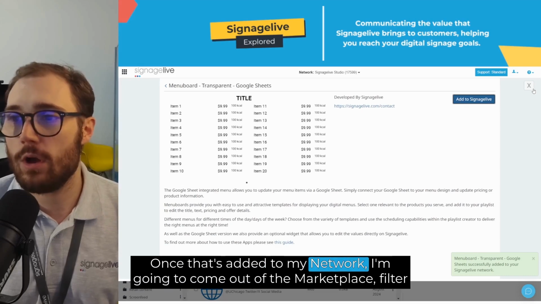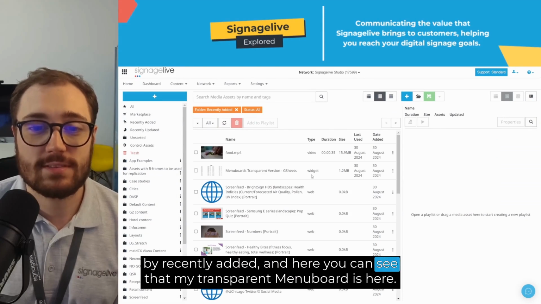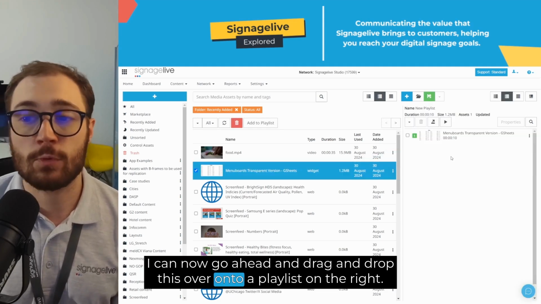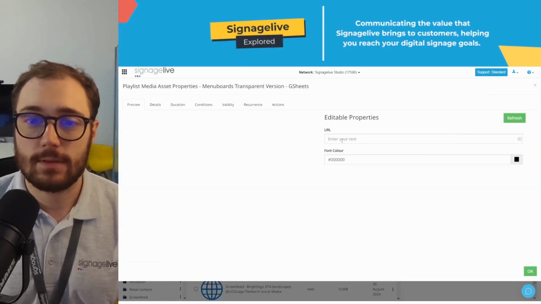Once that's added to my network, I'm going to come out of the marketplace, filter by recently added, and here you can see that my transparent menu board is here. I can now go ahead and drag and drop this over onto a playlist on the right. Now if I double click on the app, I can go into the properties, and now I can paste in